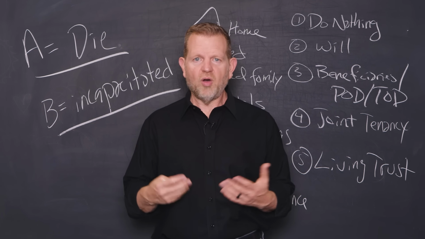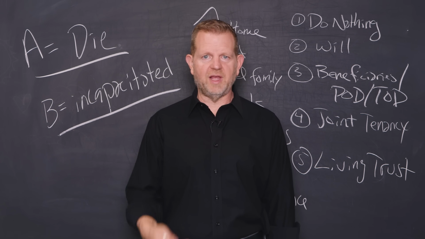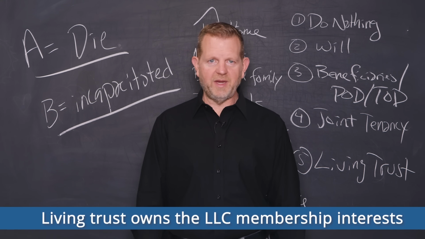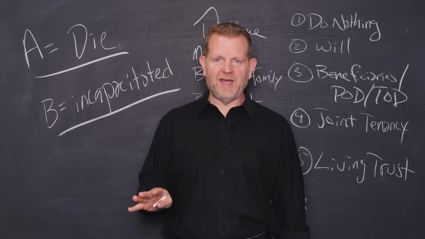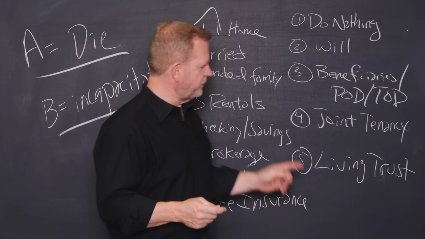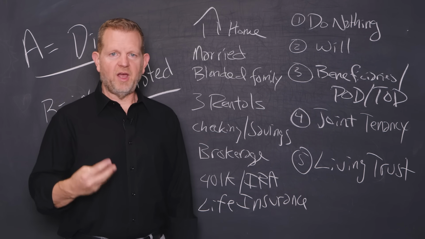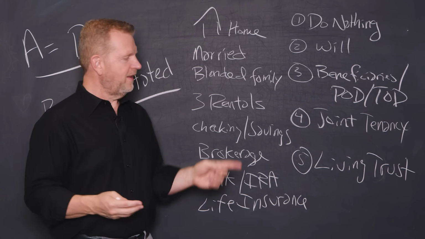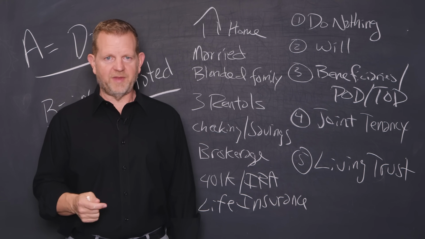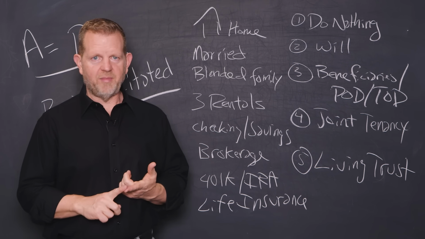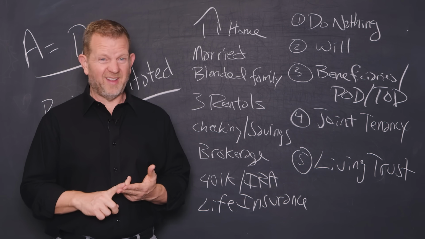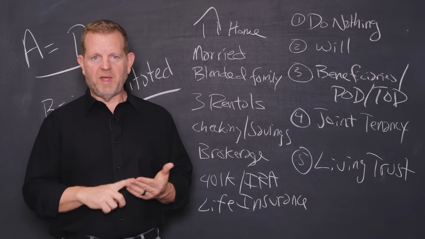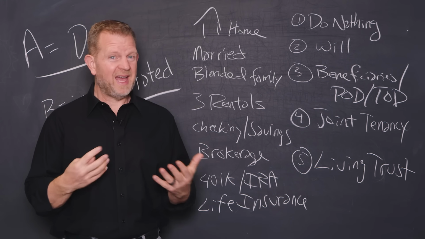The living trust owns your membership interest in the LLCs, or if you have a holding company, it just needs to own the interest in that one holding company. Meaning, the trust doesn't necessarily have to own the actual house itself. Just by owning the LLC, that's all you have to do. It can own the LLC that owns the rental, and that can help with the continuity of management, avoiding probate on the LLC interest, making the succession clean, making things workable in the event they're incapacitated.